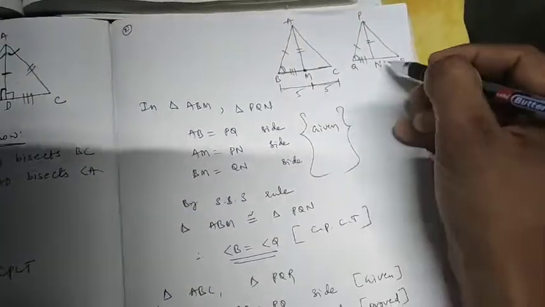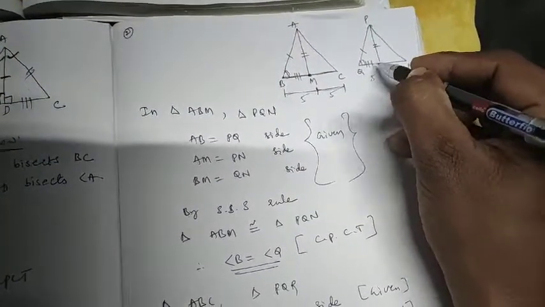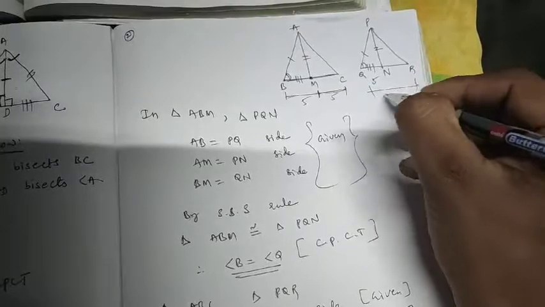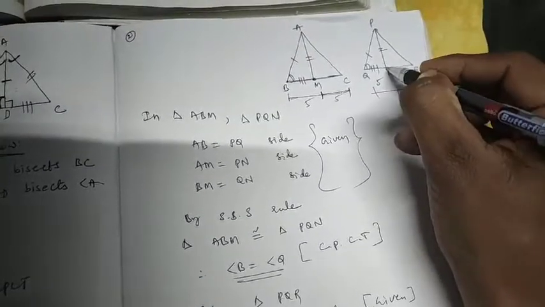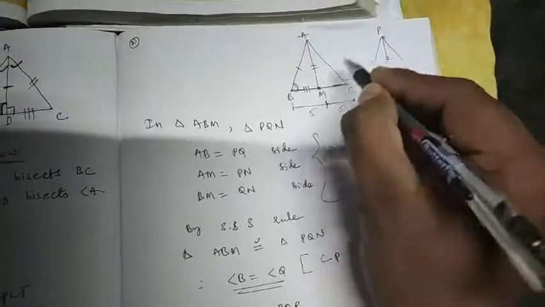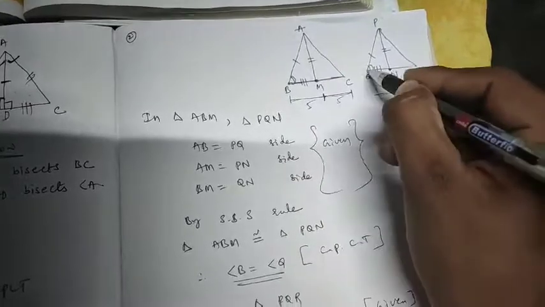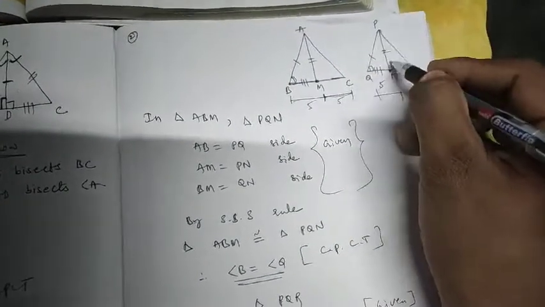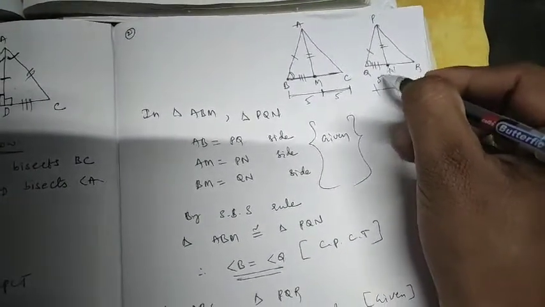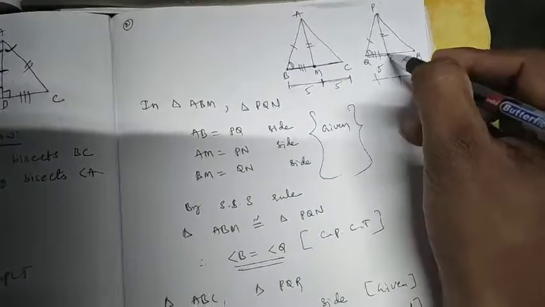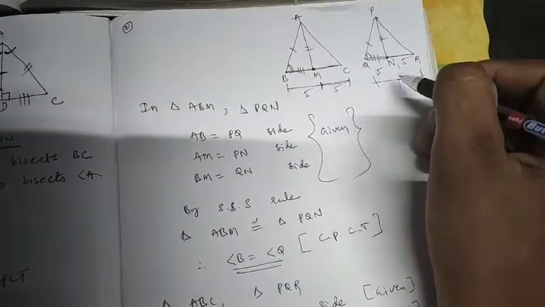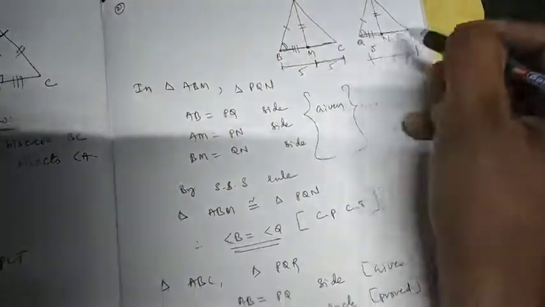Now here also QN is 5 and PN is 5. So here also it represents the total. It is also a midpoint. I said already BM part is 5, so QN part is also 5. I said PN is a median, that means it is a midpoint. Whatever distance is here, the same distance exists here also. One more 5, so overall we get 10. Here also we get 10.